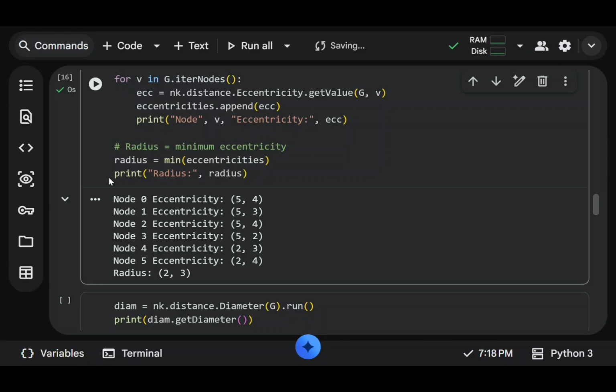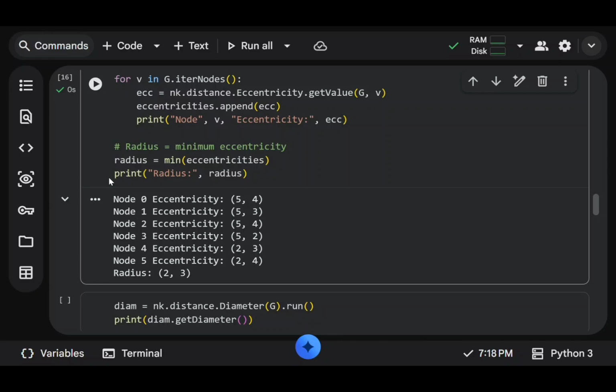The second value 4 is the distance to that farthest node. This means that the maximum distance from this node to any other node is 4 edges. The radius value represents the smallest eccentricity among all nodes, meaning it corresponds to the most centrally located node in